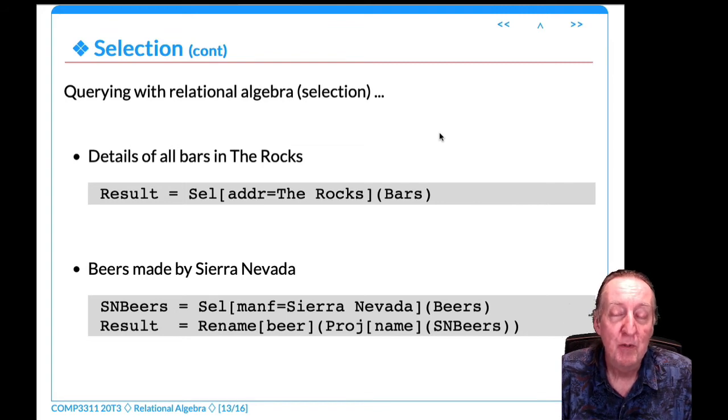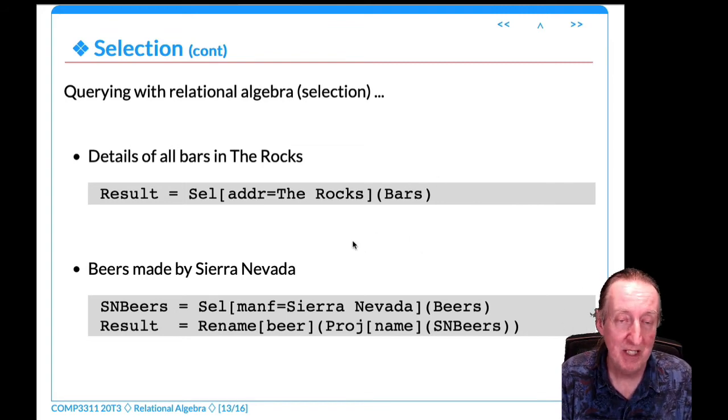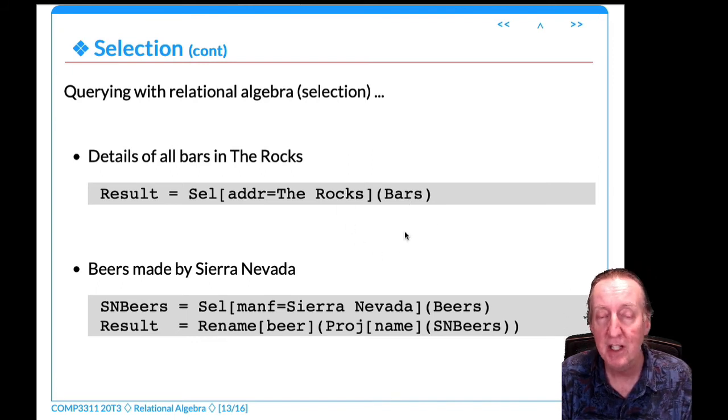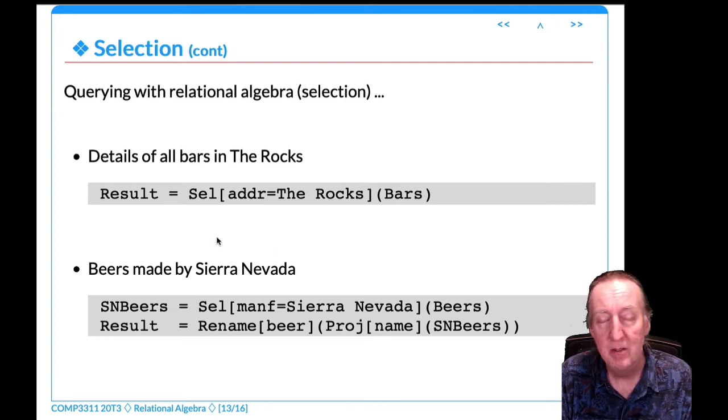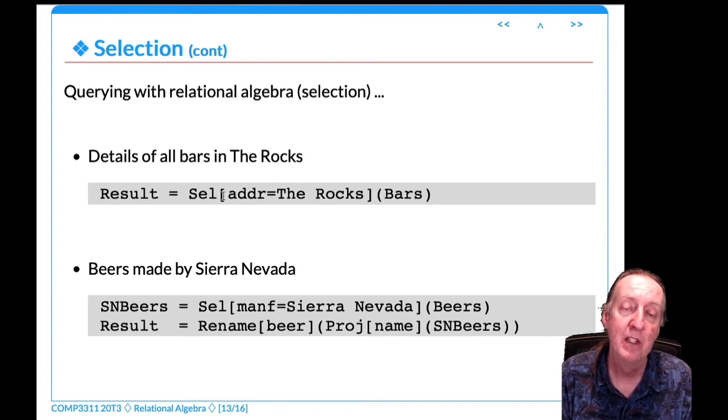Alright, what about in the real world? Well, to some extent, if I wanted to find out all about the bars that were in the Rocks from my beer database, I could use a selection where the address is equal to the Rocks on the bars table. Now, of course, in SQL, you'd write select star from bars where address equals the Rocks. So the select star basically means don't change the tuples at all,